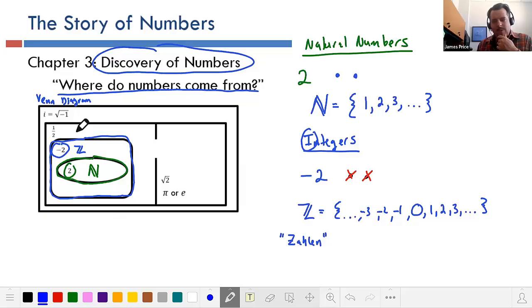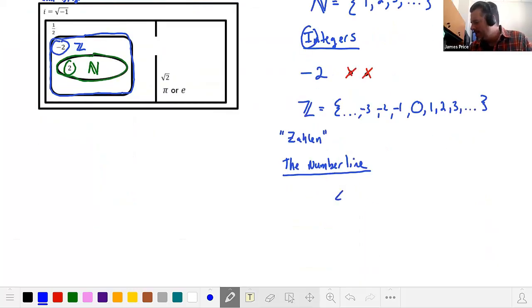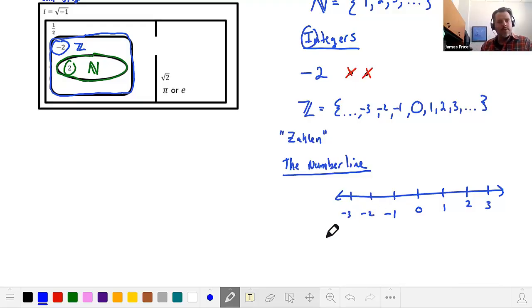In fact, this starts giving way to what we call the number line, which is kind of a cool idea. So the number line, and I know you guys have all seen this before. We introduced this to students at a very young age. And it's just a line with an arrow on either side and it goes out both ways. And you can put some numbers on here. So we like to put 0 on here, 1 on here, 2 on here, 3 on here. And you can go the other way now, since we have the integers, -1, -2, -3, and so on and so forth, right? And now the number line is a very powerful construct because you may think it's rather simple,